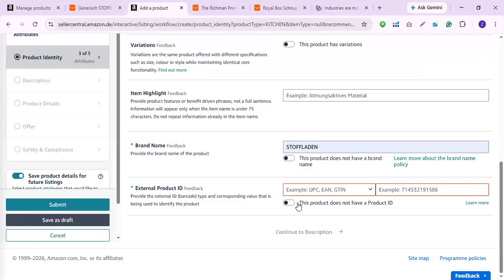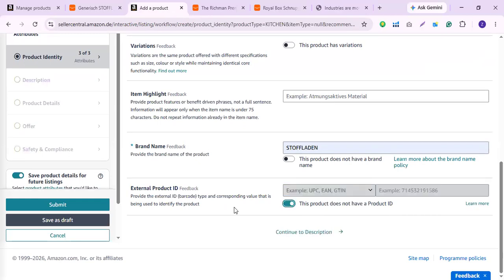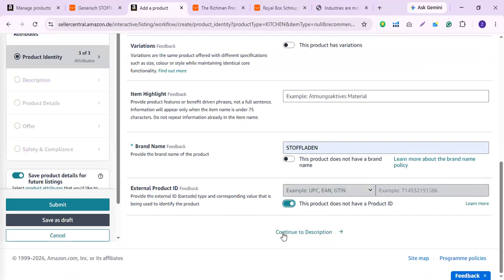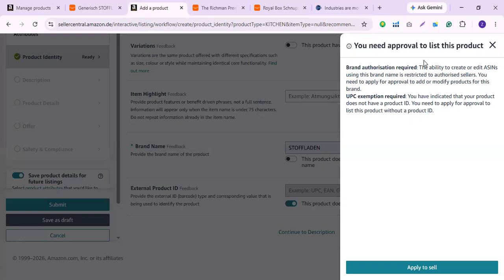But in our case, I will select this product does not have a product ID because I don't want to use a product ID. And then I will go to continue to description, and this will pop up an error, and this says brand authorization required and UPC exemption required. In our case, the brand is already approved, but right now our exemption is not approved. That's why it's showing yes. So you need to click on apply to sell options,